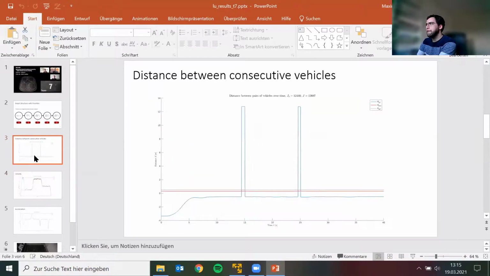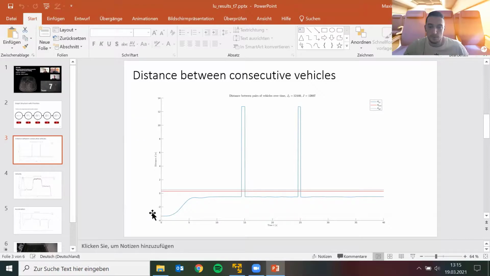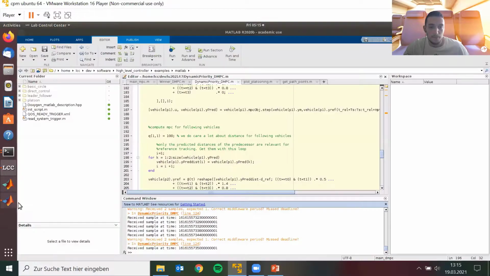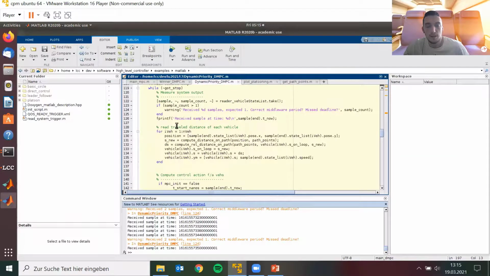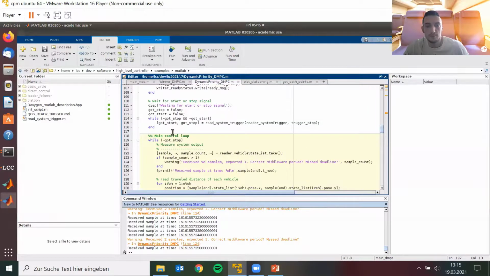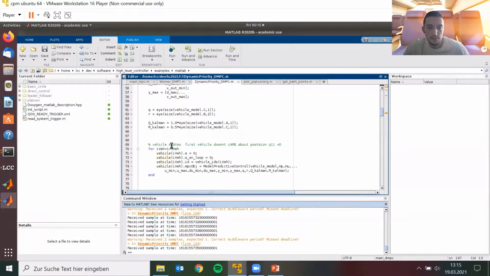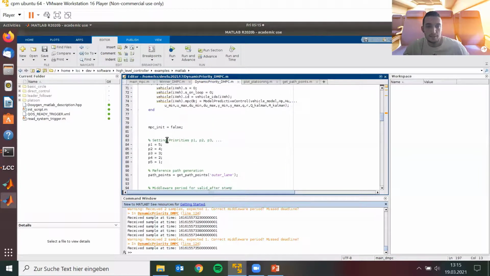I have a question concerning the dynamic priority assignment. I didn't get how the leader could be changed. Yeah, I could maybe show you, this is the easiest way. So at first, the vehicles are of course instantiated before executing the main control loop. So each vehicle is getting these constraints and these parameters. And then we say, okay,